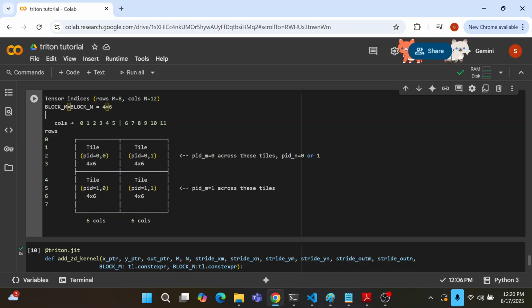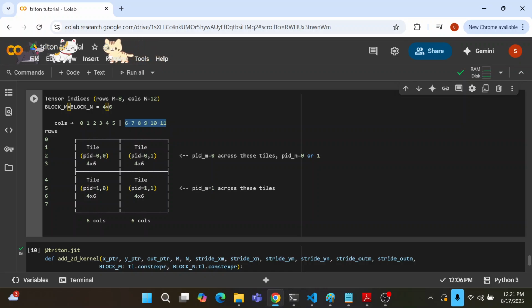So this 8 by 12 tensor is being broken into smaller rectangles of size 4 by 6, so I have 4 tiles here, and each of these tiles is denoted by a PID. The first PID is 0 because I'm on the first one, covering 4 rows and the first 6 columns. In the next tile, because I'm going along the row side, the PID on the row axis is still 0, but on the column side it becomes 1, and then I take the next 6 columns.